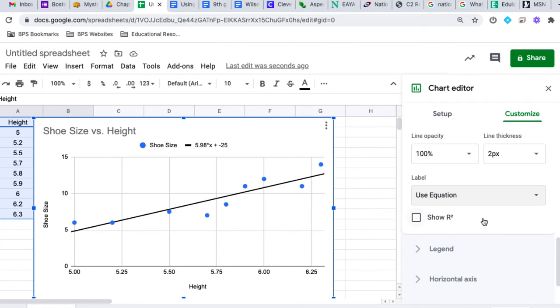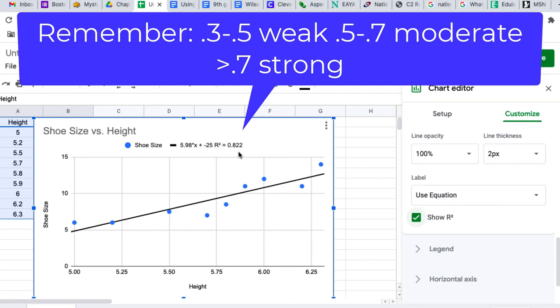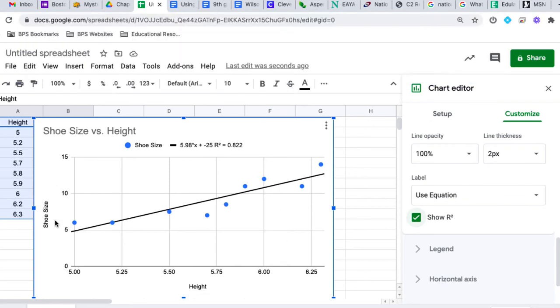Okay? We know it's excellent because we can click on show R squared and we see an R squared value of 0.822. Now you know that we said weak, moderate, and strong depends on this number. So remember, weak was between 0.3 and 0.5. Moderate was between 0.5 and 0.7. Anything above 0.7 is a strong correlation, which means there's a strong connection between how tall somebody is and what